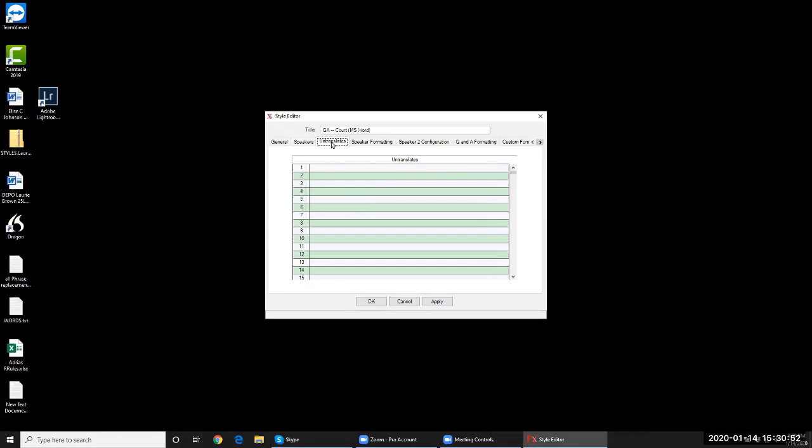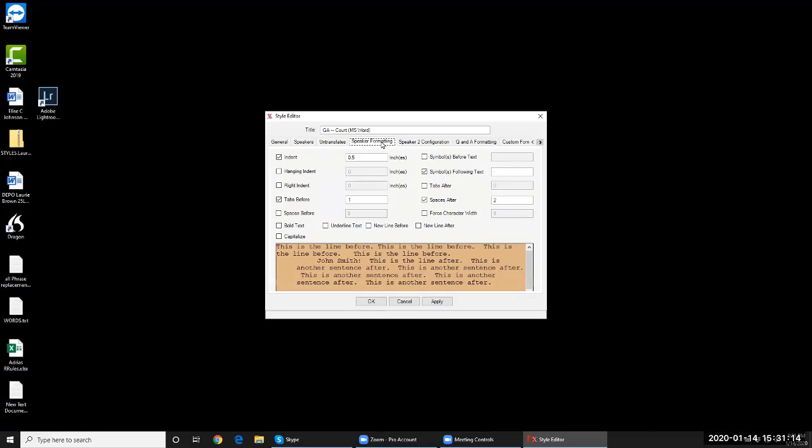Okay, so the untranslates really, if there's a certain judge that always maybe says something, the same thing, I don't know what you would use untranslates for here. As you can see, I don't use it. If we go to speaker formatting,